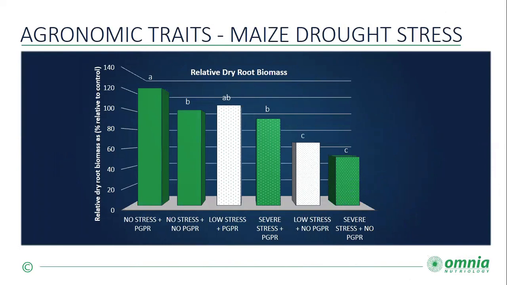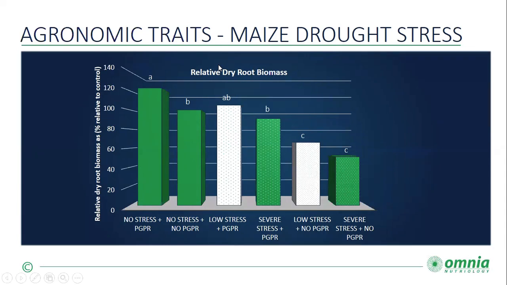Depicted in this graph is essentially a snapshot of the root biomass of such a trial that's undergone drought stress. It's very clear to see that through adding a PGPR, we in fact saw an increase in root biomass despite there being no stress applied. To better understand this graph, you can see that treatments which were exposed to the same level of stress are colored in the same pattern.